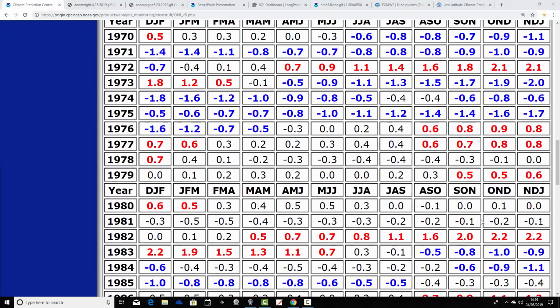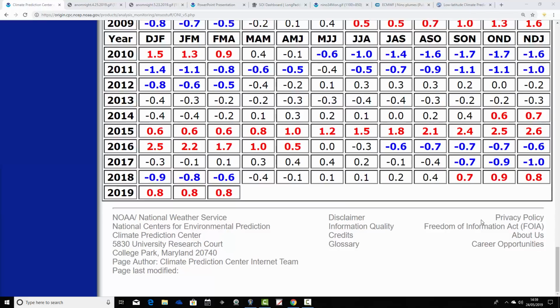Right, so let's have a look at where we are for 2018 then, and 2019 too. The El Nino begins in 2018, so that's 2018 just there. We begin the year of 2018 with a weak La Nina, then we go to ENSO neutral through the middle part of the year, and then at the end of the year we go into a weak El Nino, a weak warm event through the autumn, and that lasting into the winter and the spring.